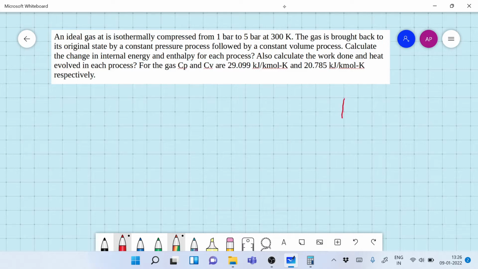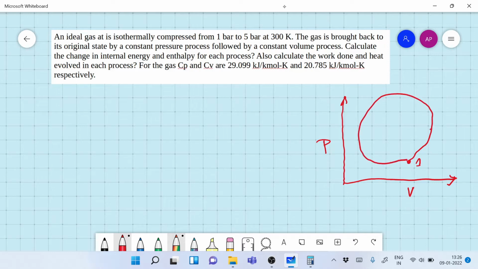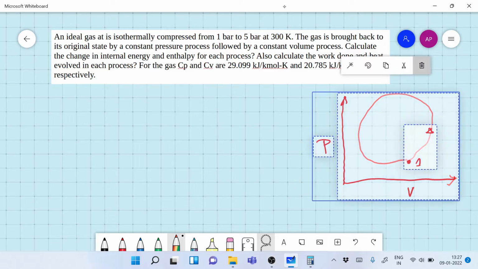so we can visualize it. So, let's visualize it. This is the pressure, and this is the volume axis of the PV diagram. Now, if a process starts from state 1 and ends up at state 1, it is known as a cyclic process. So when you start from a state and after a series of processes end up at the same state, it's known as a cyclic process. So let's study this.